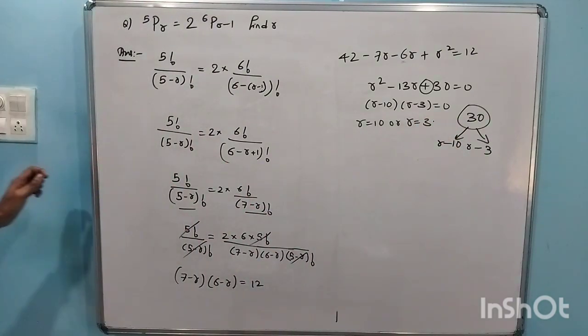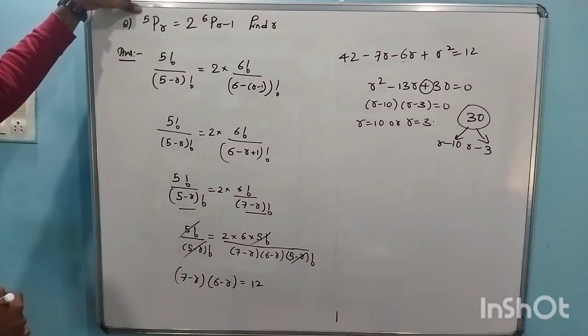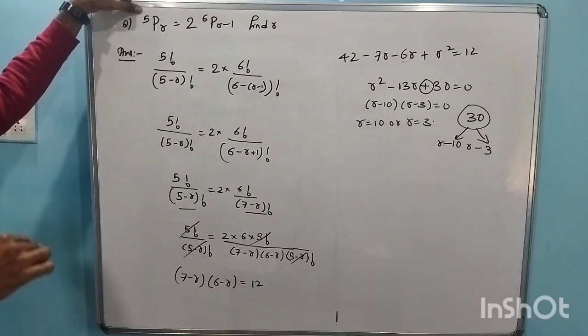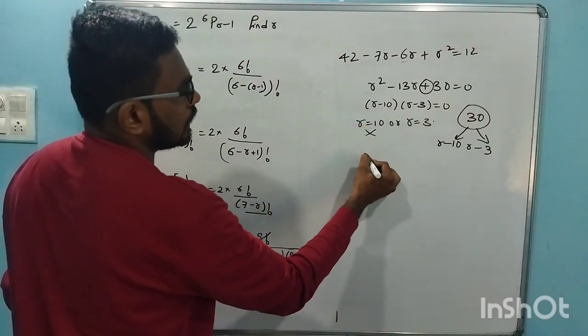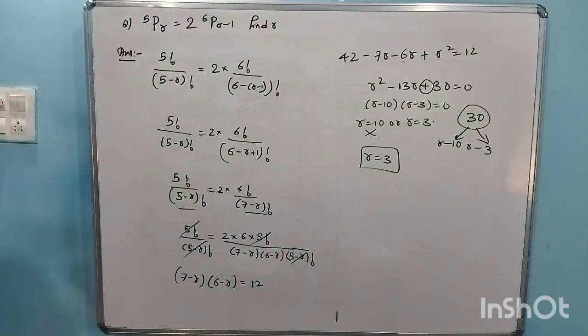Now, if we put r as 10 here, then this will be 5P10, which is not possible. Arranging 5 objects at 10 places is not possible. So this we discard. So we take r is equal to 3 there. Understood? Okay, so we'll stop here,